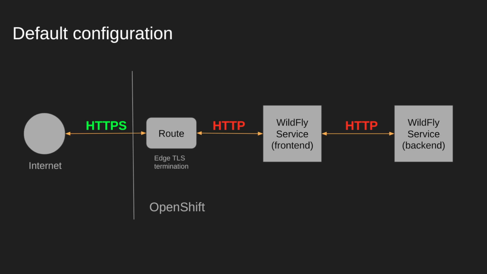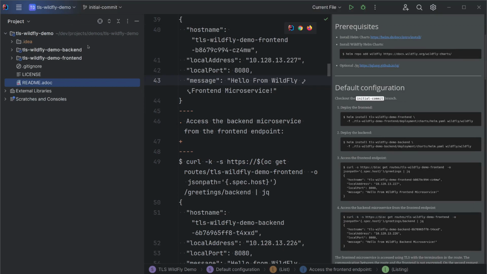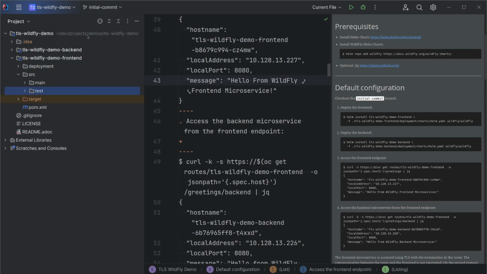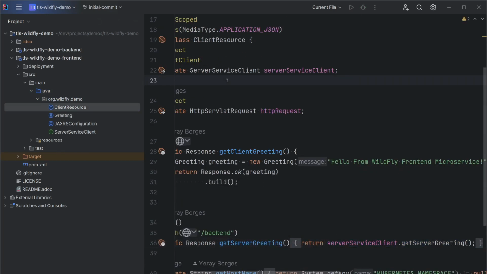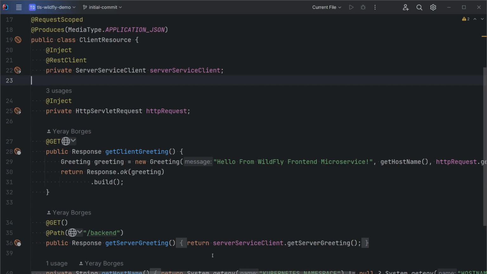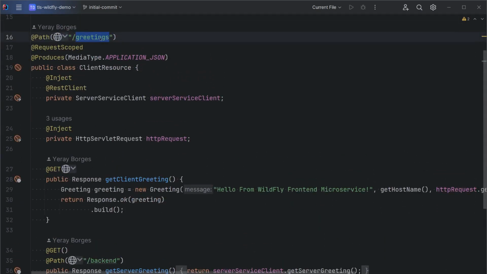First of all, let's take a quick look at the code to get familiar with the changes we need to apply. This application is available on GitHub, and here we have the two microservices. The front end is just a RESTful web service, listening on the greetings URL. And if you access greetings backend, this web service will invoke an endpoint of the backend using MicroProfile REST